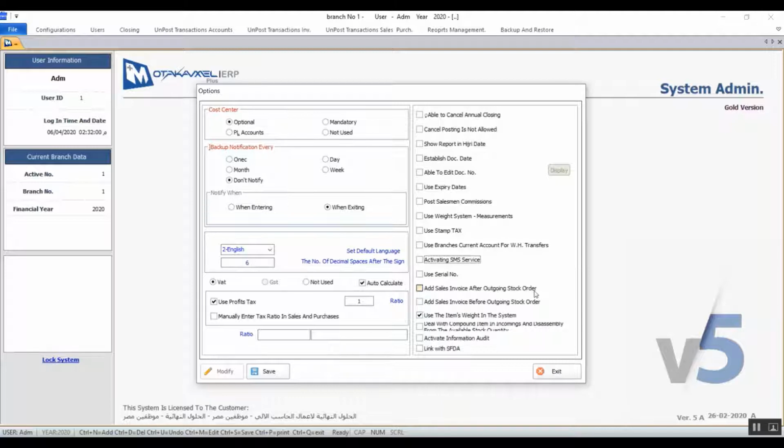This means that the user will be able to view item reports based on their serial numbers. Now we'll move on to the next variable, add sales invoice after outgoing stock order. In case you activate this variable, the system will not issue a sales invoice except with a dispatch order. In other words, the client will receive their items based on a previous dispatch order from the inventory, which will affect several things like the stock, cost, the stock outgoing interface account for sales, the outgoing revenue interface for the